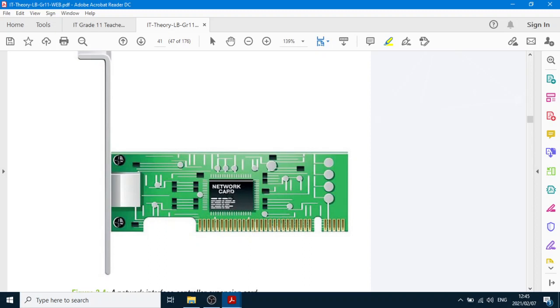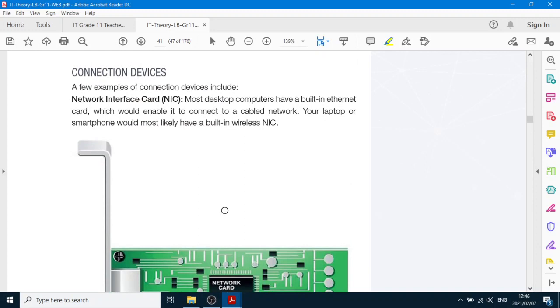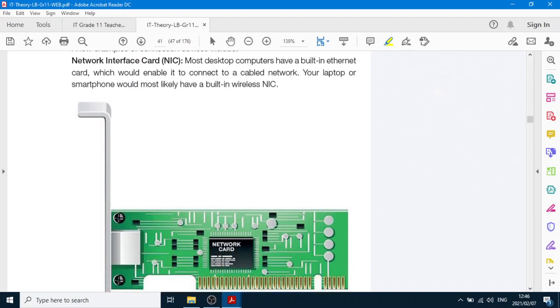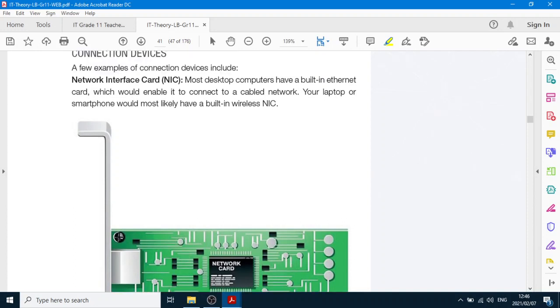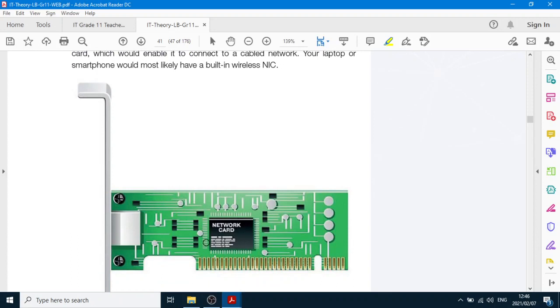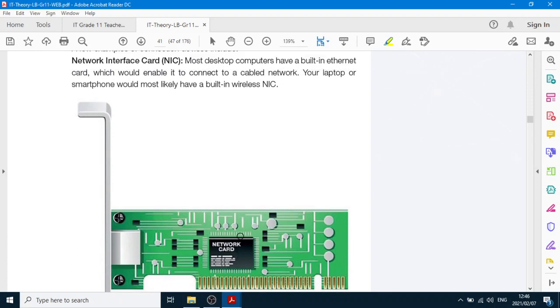That MAC address is called the physical address, as opposed to an IP address, which is a logical address. In other words, like a software address, but the MAC address is a physical address which identifies that particular device, computer, or even cell phone. Yes, cell phones also have their own MAC address on their wireless NIC card. Those are etched into the network card itself and noted by the computer's operating system.